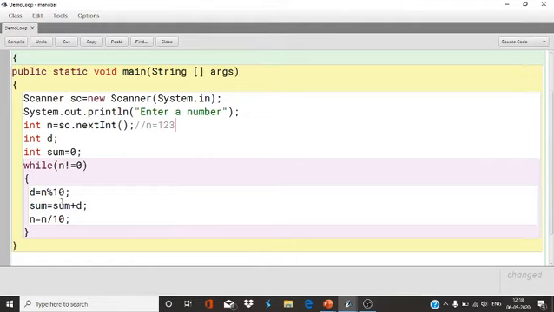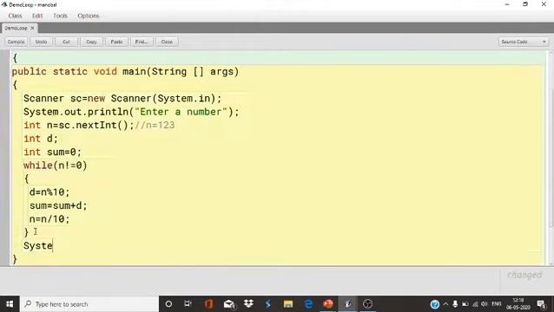First 3 will be in the sum, so 0 plus 3 is 3, then 3 will be removed due to this statement. Now the remainder is 2, so 3 plus 2 is 5, again 2 will be removed, so 5 plus 1 is 6. Now what is the sum of 123? 6. You can see here we already calculated the sum.